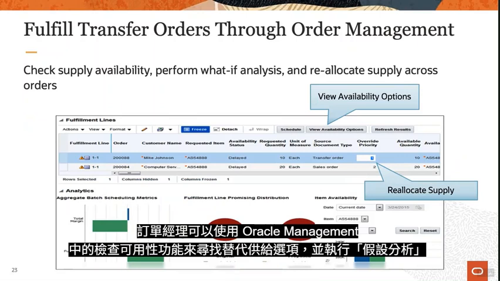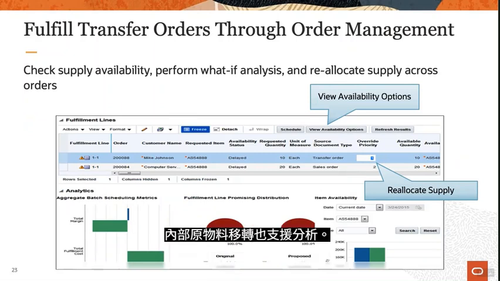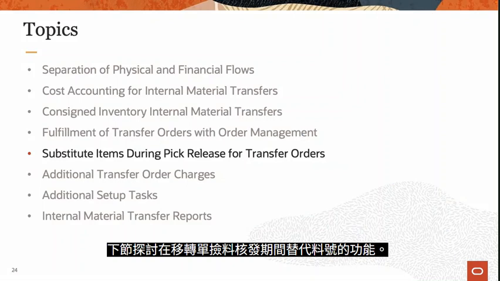Both transfer order and shipment lines now also have an attribute against the originally requested item to indicate a substitution has been used. Additional transfer order charges can be added against transfer order lines when transfer orders are created using the supply request file-based import spreadsheet template. As transfer orders are created in inventory and shipping, the shipping charges flow into the shipping system,